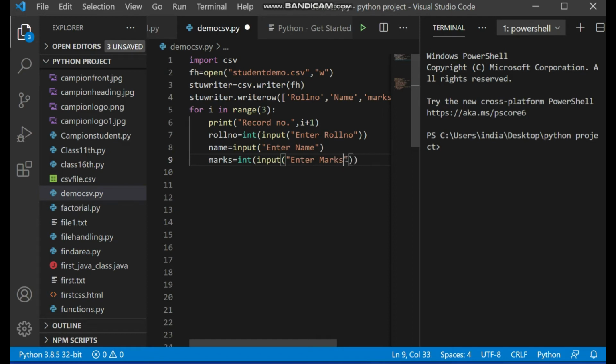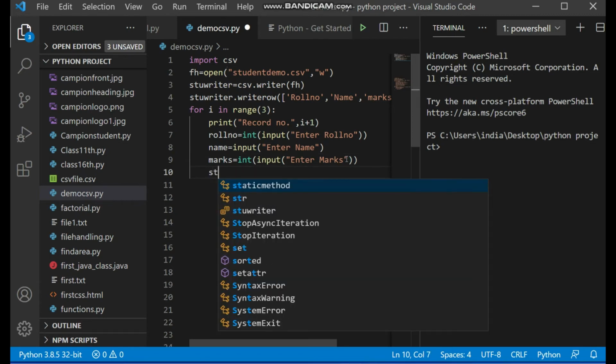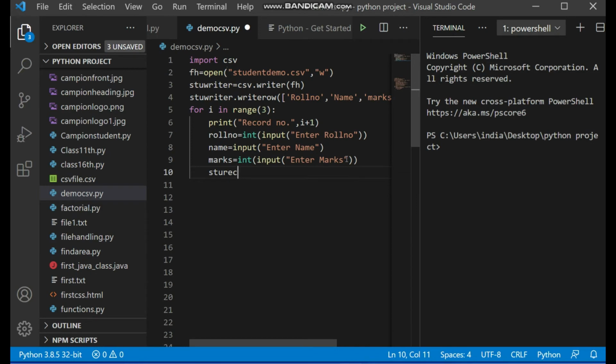Now we need to compile the data. So we are compiling the data in the form of a list. We take a variable name, for example student record, is equal to, and I'm creating a list using all the variables that we have decided. You must properly follow the names of the variables, small or capital, whatever way you have decided. So we have created a list of all the data obtained. This is now one record, so stu rec is our one record.